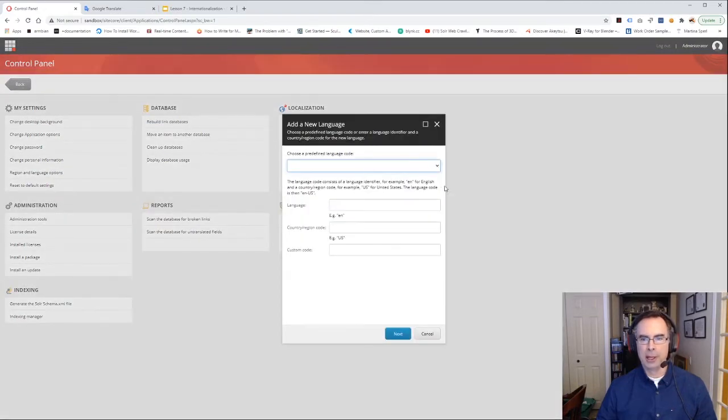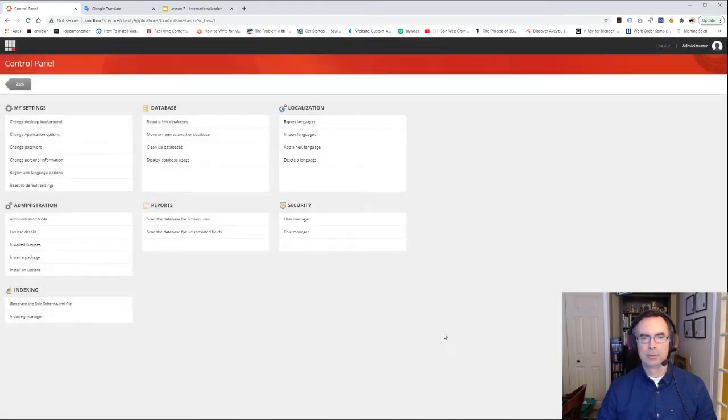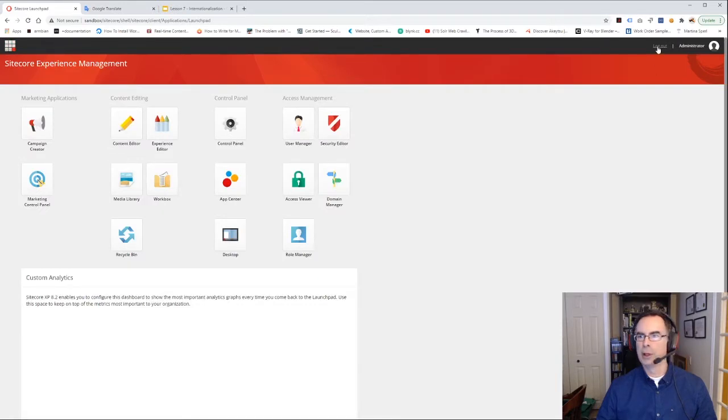So we're going to add Spanish. You can see there's a lot of languages available to be used. I'm going to pick Spanish, Spain, I think. So yes. And I'll leave all of these settings. Okay. So now if we log out,